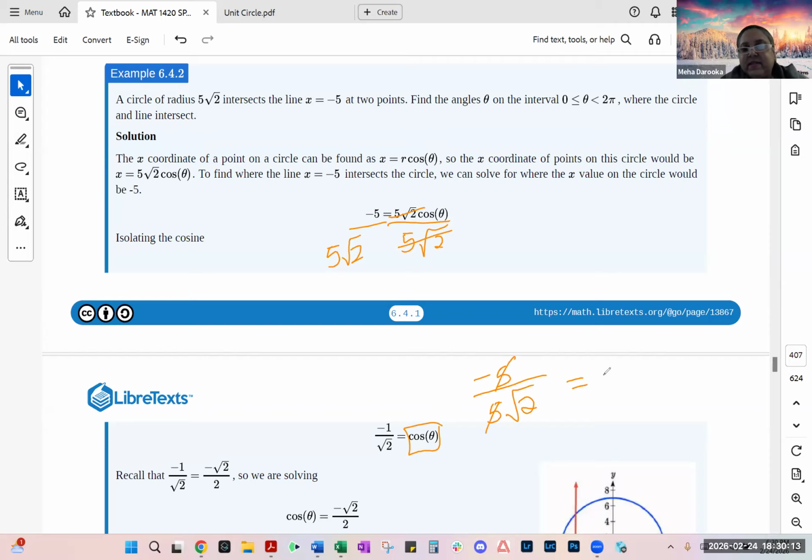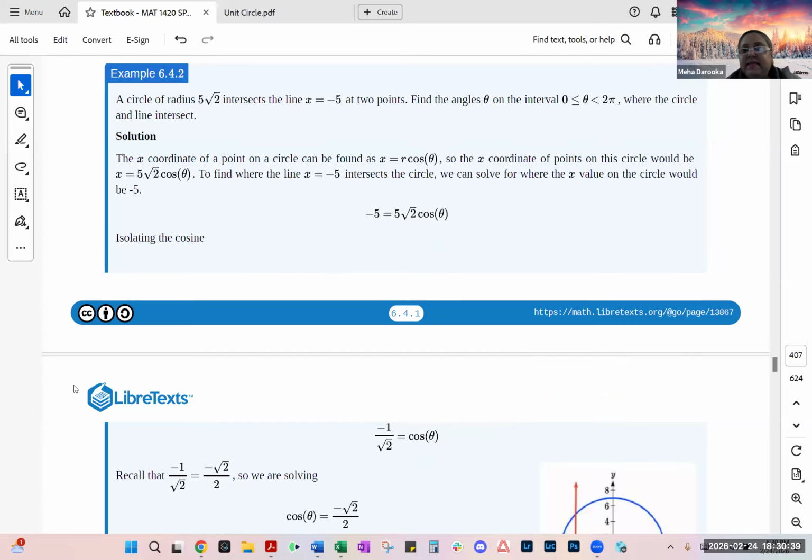So the 5's cancel each other out. You're left with -1 on the top, square root of 2 on the bottom. Go ahead and rationalize your denominator. Because again, guys, remember the ultimate goal is figuring out where the circle and the line are intersecting with each other. So once we figure out, okay, cosine of theta is equal to negative square root of 2 over 2,